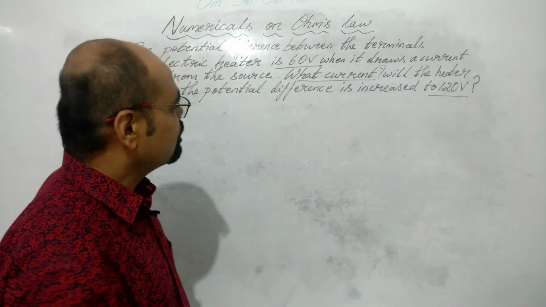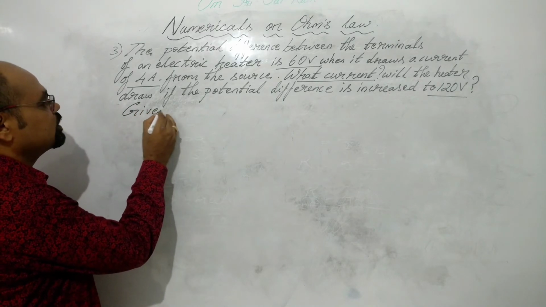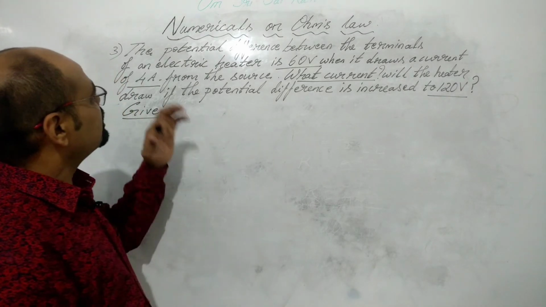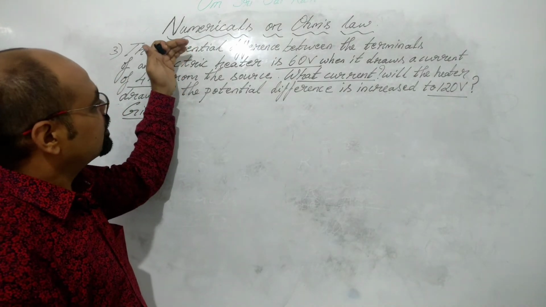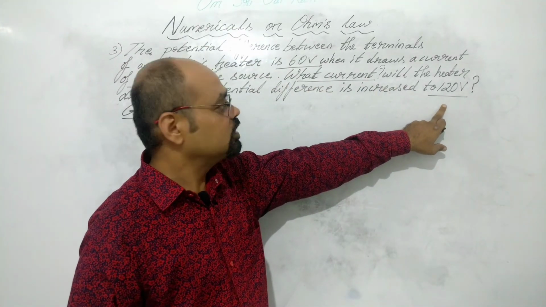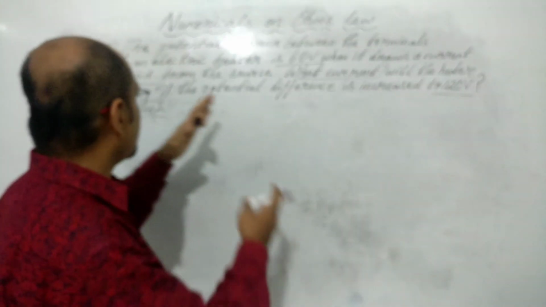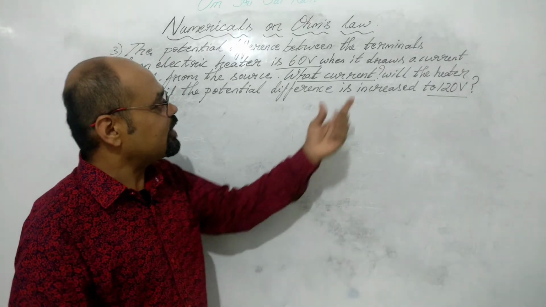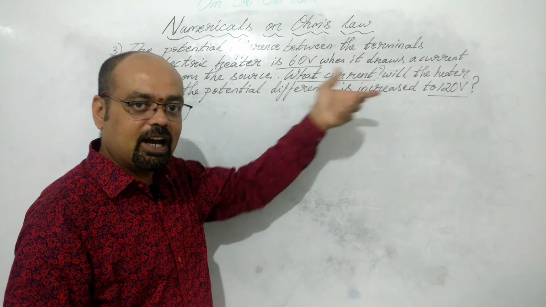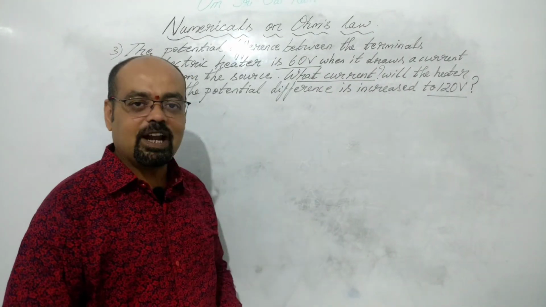So now, my dear students, let's write the given. How to understand such types of questions? See, we have one potential difference and we have the other potential difference here. So we can take one as V1, the other as V2. One current is given here, 4 amps, and they are asked to find the other current. So we can take these as I1 and I2. And there is no resistance given at all in the question.